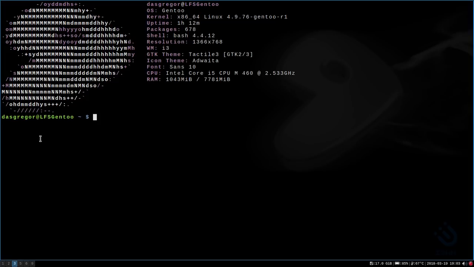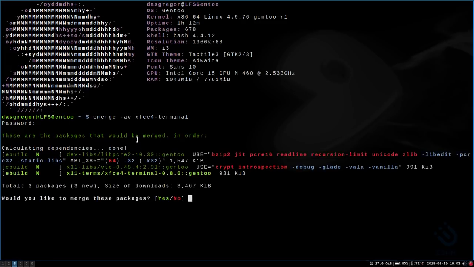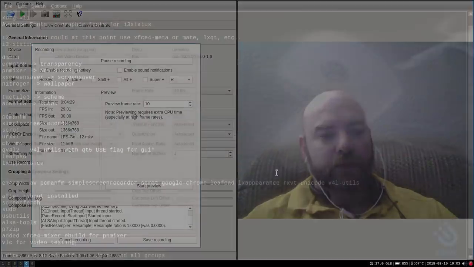But honestly, if I were you and just starting out, I wouldn't use it right away. I would go with something like the XFCE4 terminal, and all you'd have to do would be emerge -av xfce4-terminal, I believe it is. Put in your little password. Now, of course, I have an alias set up, so when I do emerge, it does sudo emerge for me. And see, it just pulled in a couple packages to go ahead and be able to have that. So very simple to do. So if we go back into here,